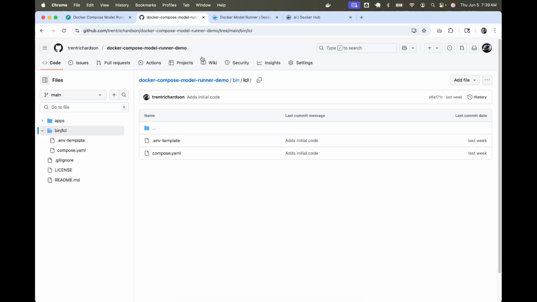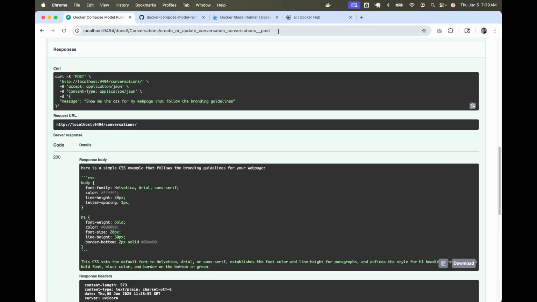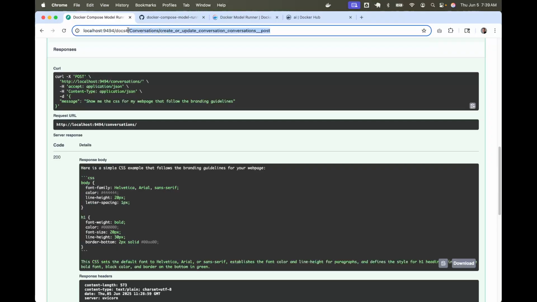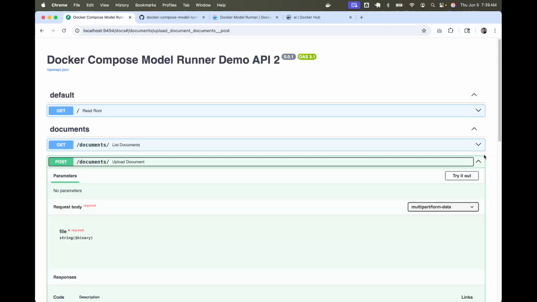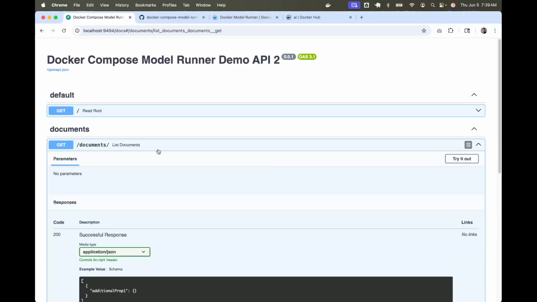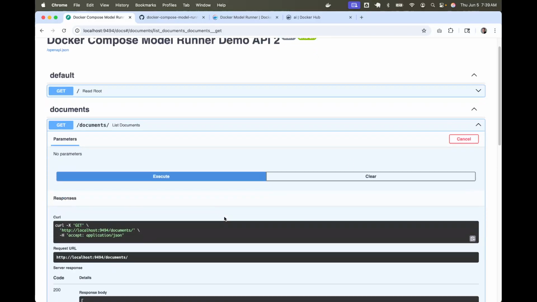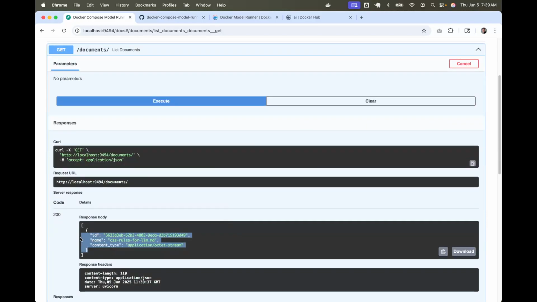So if I go to my web browser, let's go back. So here's our web app. I've got some documents and a couple endpoints for conversations. So how this works is you can upload documents using this post, and I've already uploaded one, so I can use this documents endpoint, and we can see that I've uploaded one document, and this document is some basic